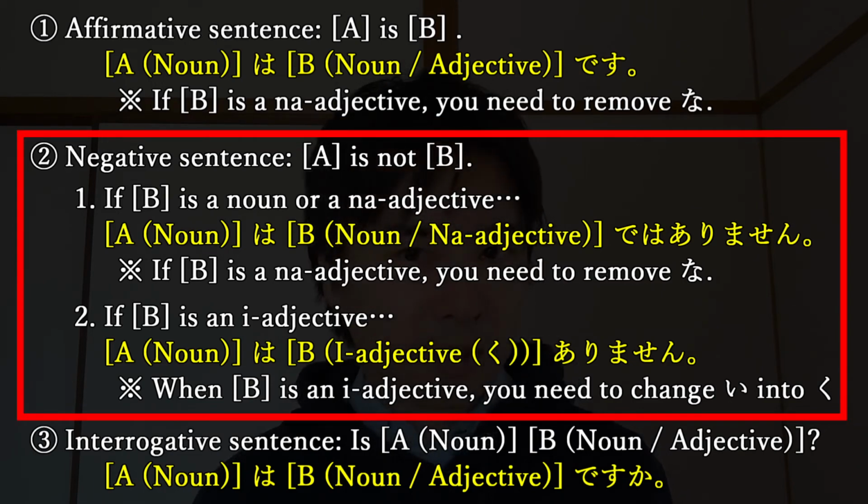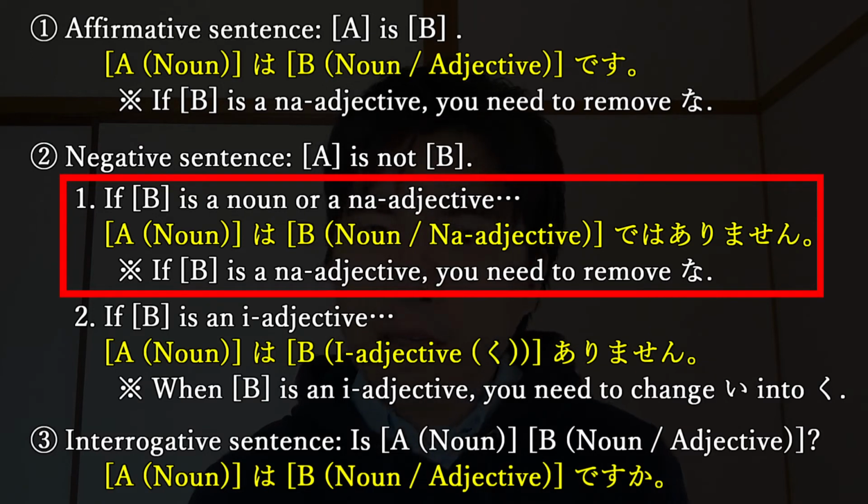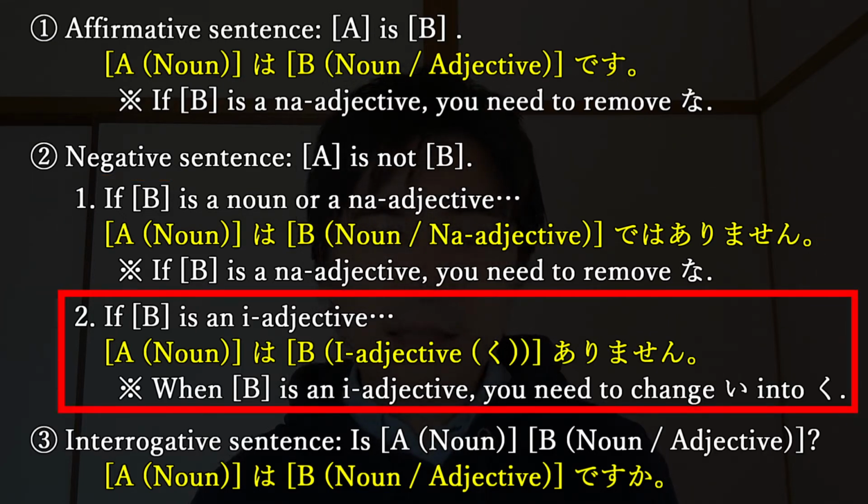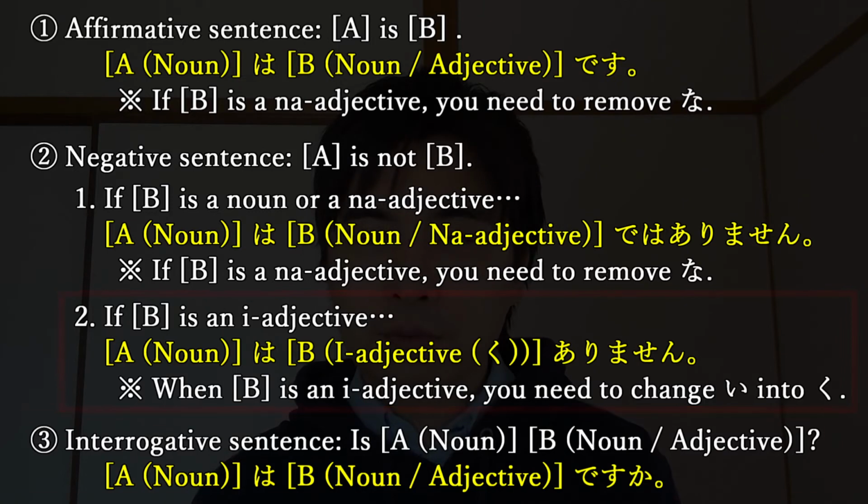A is not B. If B is a noun or a Na-adjective, it is A は B ではありません。If B is a Na-adjective, you need to remove な in front of ではありません。If B is an I-adjective, it's A は B くありません。When B is an I-adjective, you need to change い in front of ありません into く。